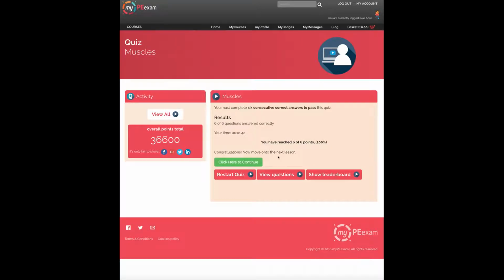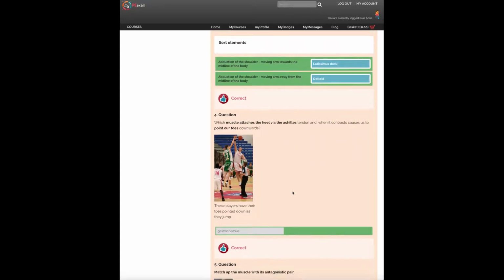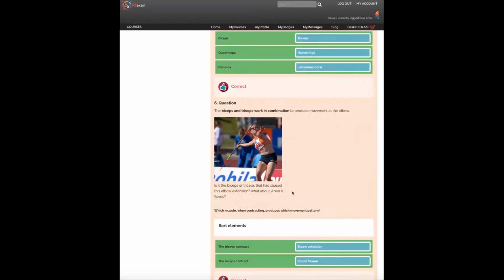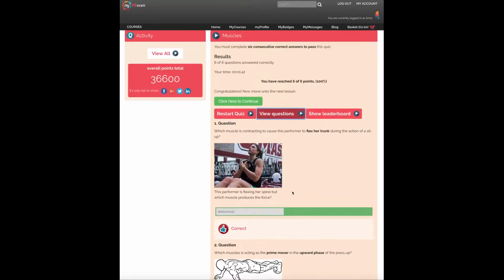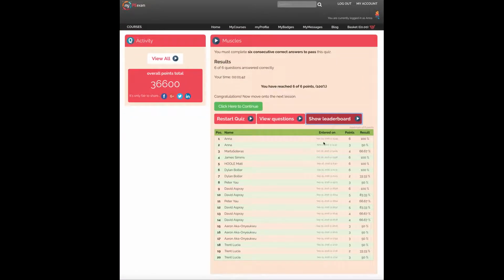And this is kind of interesting. We're going to click on this green button in a moment. But first of all, I can view all of my questions and the answers I've put. If I had errors in there especially, it'd be useful for me to go back into my notes, correct my notes, and make sure I understand the things I need to understand. I can show the leaderboard. People who have completed this quiz recently will go into this leaderboard, the most recent at the top. And finally, if I need to, I can go back and restart that quiz again.